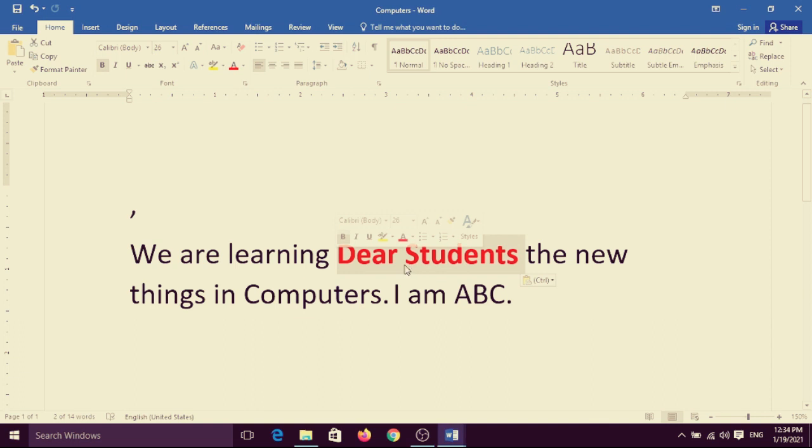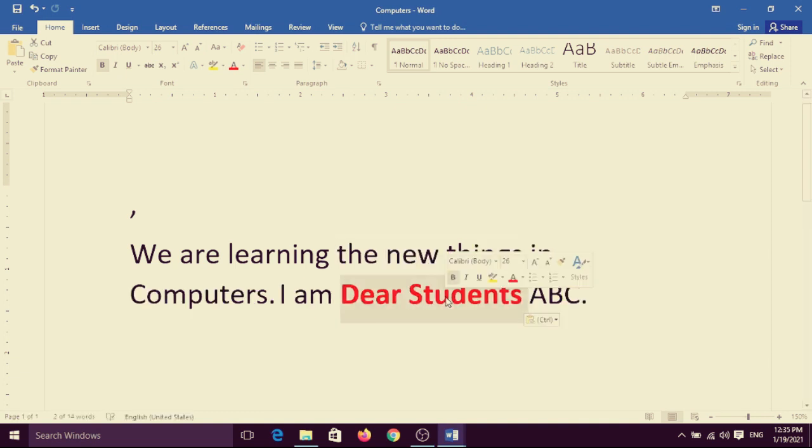Suppose the text does not appear where you want, you can select the text and hold the mouse, then hold the mouse where you want to place it, and you can press the enter key. Suppose I want to move it from here, click there and press the enter button, and it will be here.